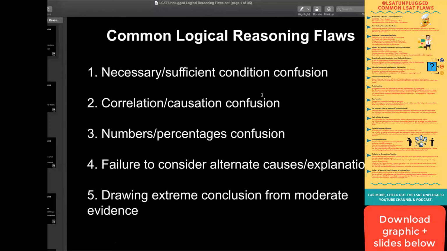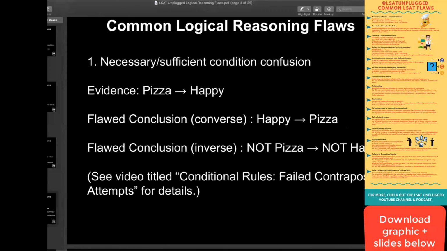So first example, it's a classic one. It's not super offensive. It's regarding pizza this time. So sufficient, necessary, condition confusion. This is reversing conditions. Classic logical terms for this are converse and inverse. You may also see this referred to as reversal and negation, or mistaken reversal, mistaken negation is one common way to refer to this. So basically reversing things around the arrow incorrectly, also known as an incorrect translation of some